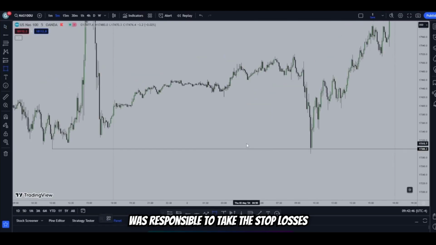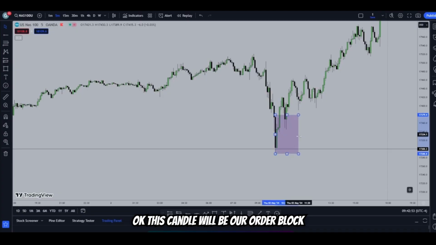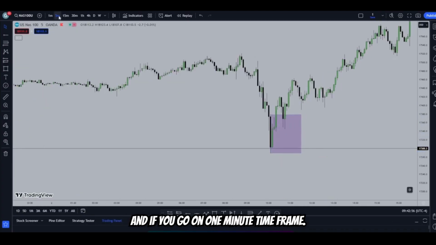So now this candle was responsible for taking the stop losses below the structure. That's why this candle will be our order block. Okay, this candle will be our order block. And if you go on the 1-minute time frame,